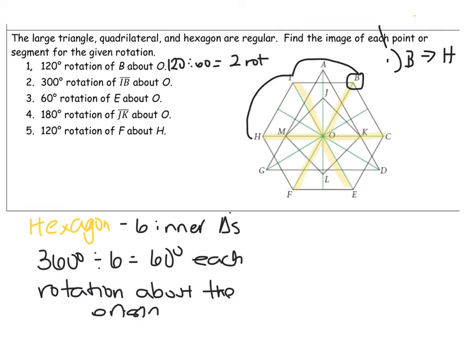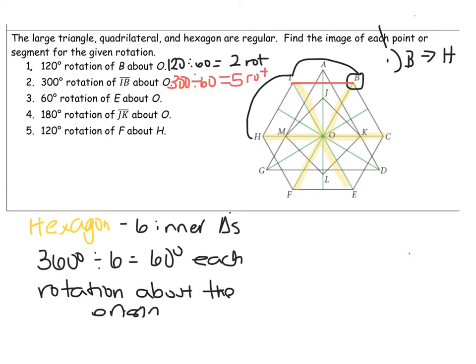So number 2, 300-degree rotation of line segment IB with the center of rotation, again being the origin, or the point O in the middle. So if we look up right here, IB is right here, so we're rotating the entire line segment. And again, each rotation is 60 degrees. So 300 divided by 60 is 5, so we need to